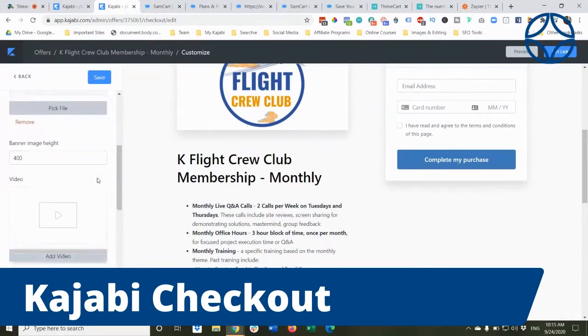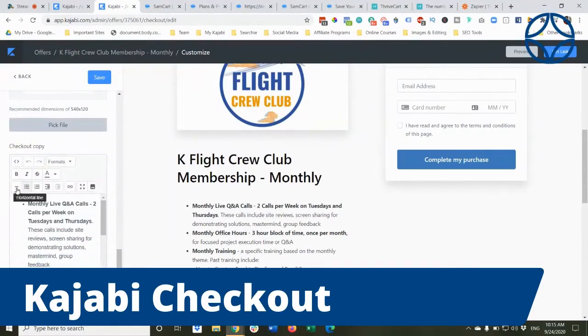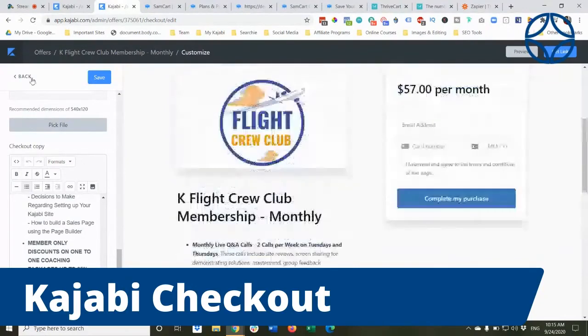So the offer details, it's pulling it directly from the offer, but you can edit that checkout copy here. And I did, for example, by putting a bigger link and linking to my checkout, my terms and conditions of the membership, for example. So you can edit that.